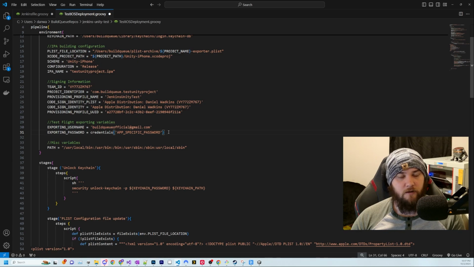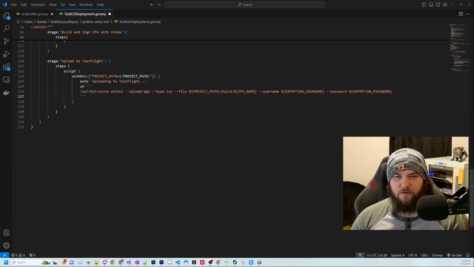So let's go ahead and go down to the stage and fill that out. This stage here isn't going to be very big. It's only going to be doing one thing. It's just directly uploading to TestFlight, and it does it all in one command. So from stage, you're going to have steps, script with environment, and we are setting another environment variable for project path here. And then just for the console, I put uploading to TestFlight, and this is the shell script that